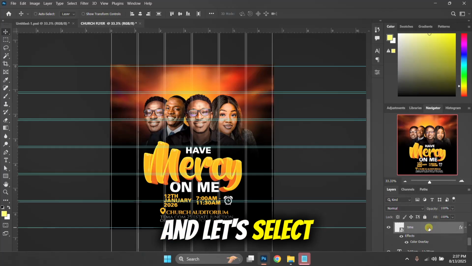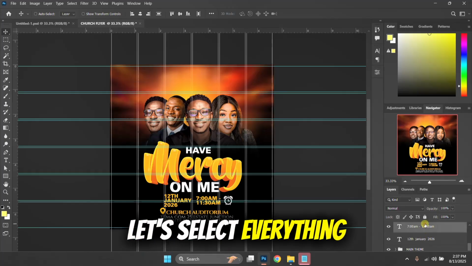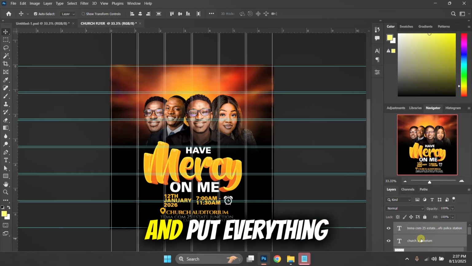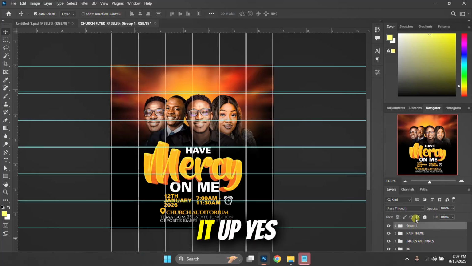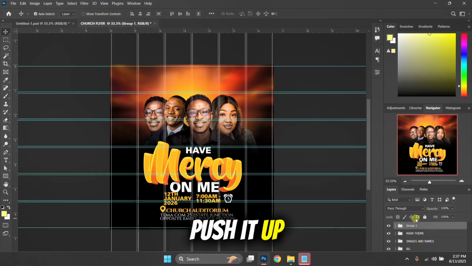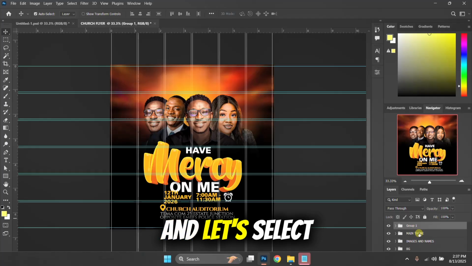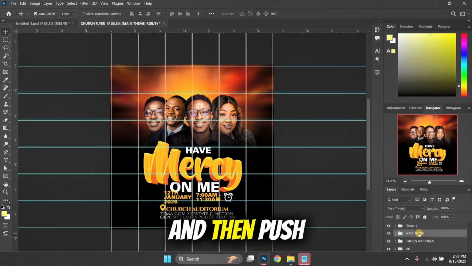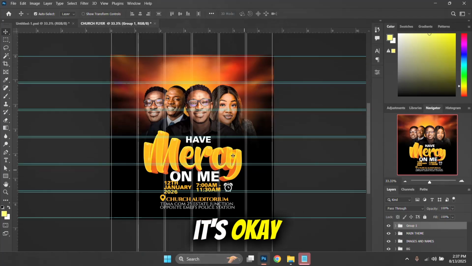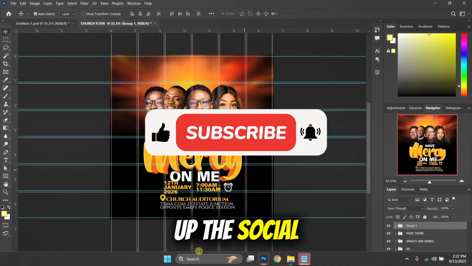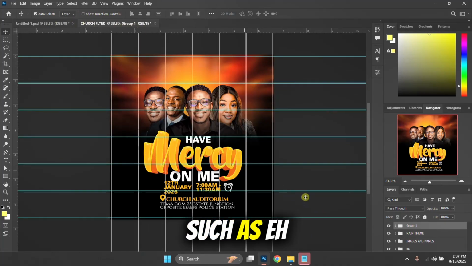And let's select everything and put everything in a group. Control J to put everything in a group, and then push it up. Yes, push it up. And let's select the main theme and then push it up too. Okay, select the main theme and push it up as well, and I think it's okay. Then we are going to pick up the social media icons such as the Facebook